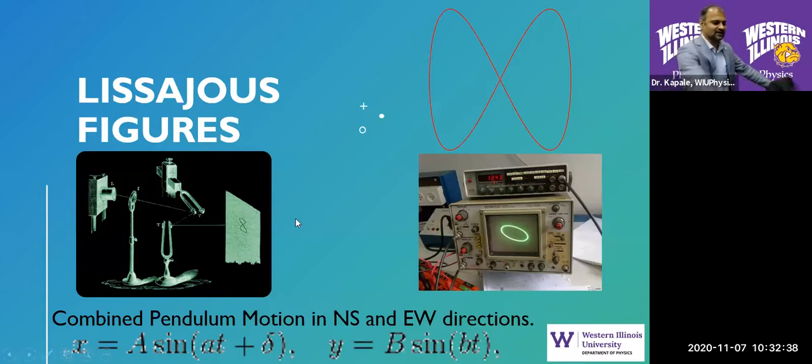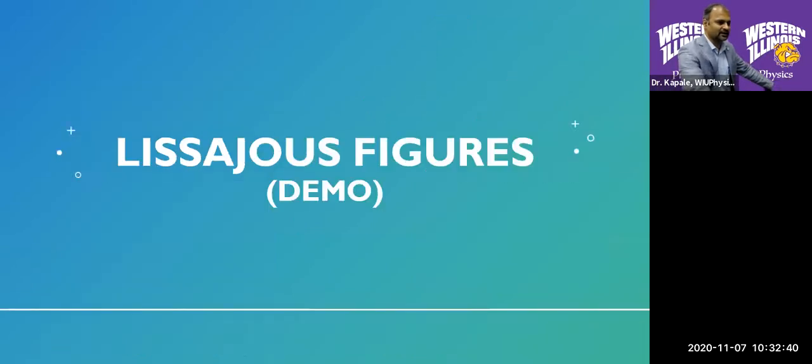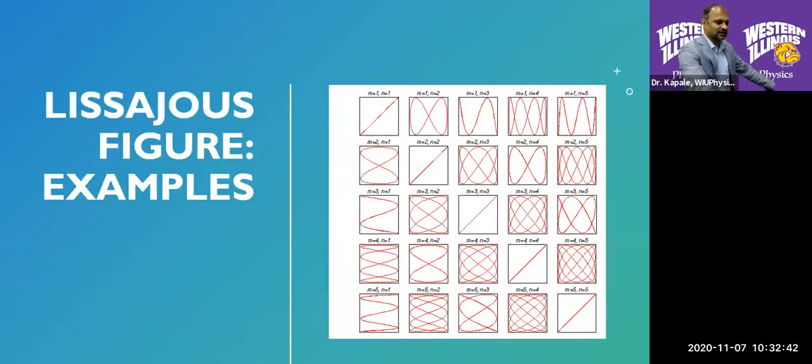So we talked about these Lissajous figures. Let's take a little break here in the sense. We already saw the demo of the Lissajous figures with the oscilloscope, and here are just some sample patterns that you can generate with this. So this is in some sense electronic art, if you will,